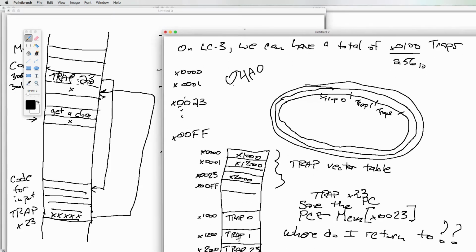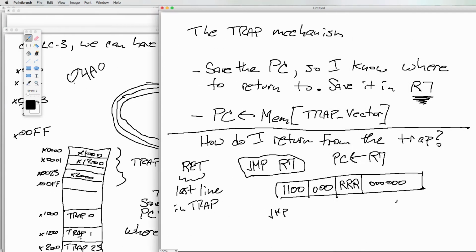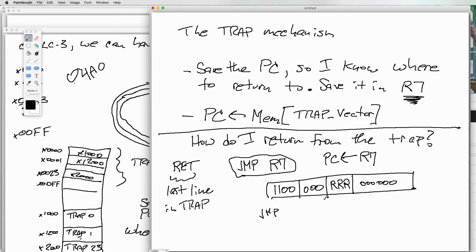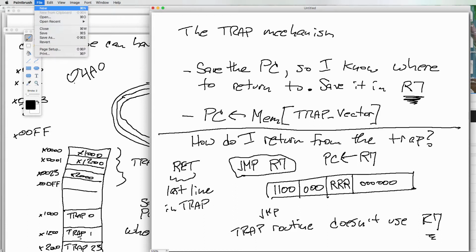It does mean a couple of things. It means that the trap routine doesn't use R7, because if it did, it would clobber the return address. Now, the other thing that I wanted to point out here